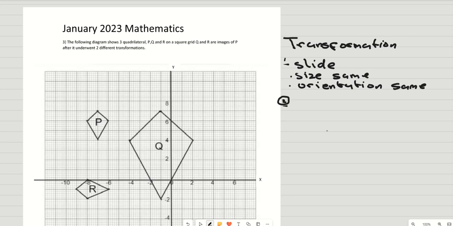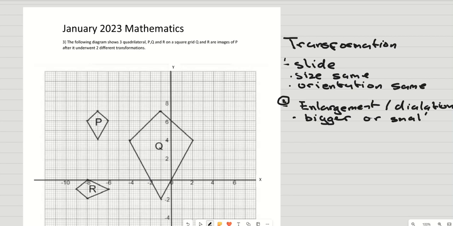The second one is enlargement / dilation. And as the name suggests, the image either becomes bigger or the size changes, right? It either becomes bigger or smaller. So if it becomes bigger, you know that, okay, the transformation it underwent is an enlargement, right? If it becomes smaller, you know it undergoes a dilation, right? The third one is rotation,